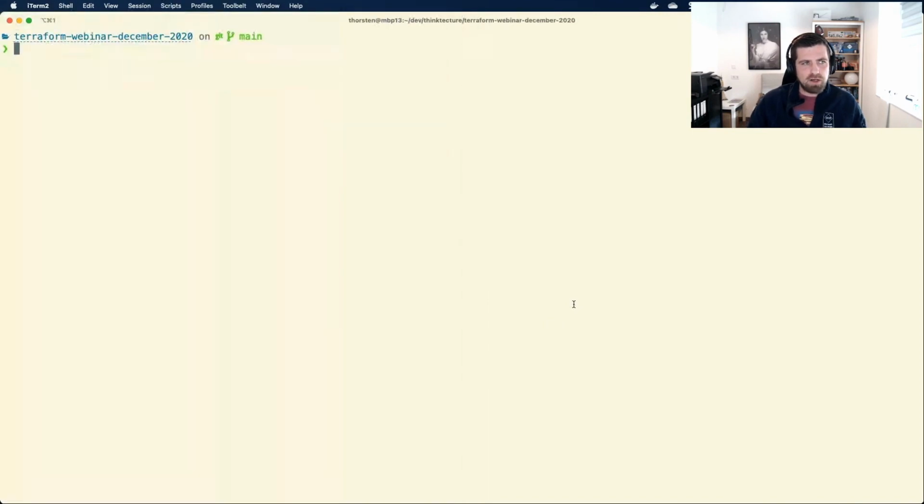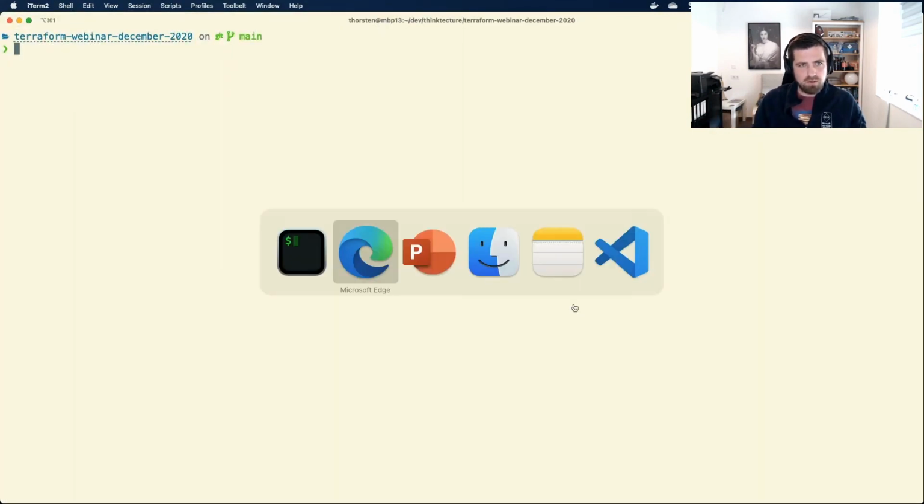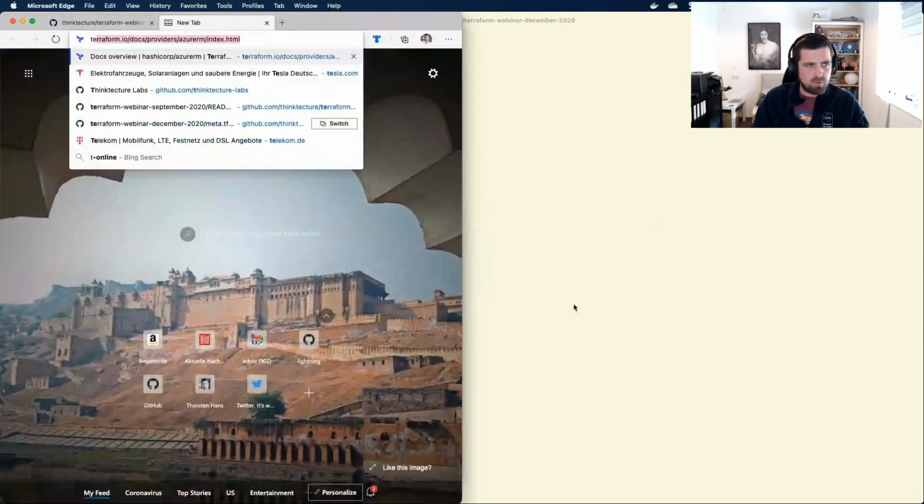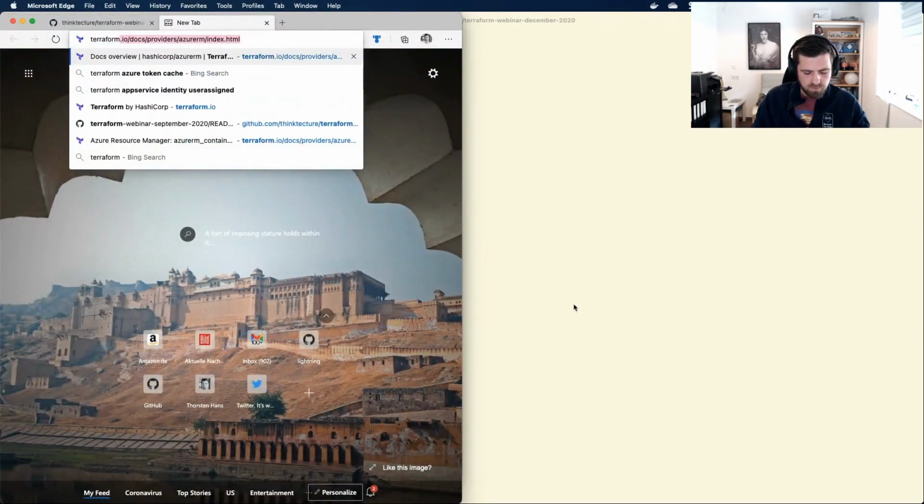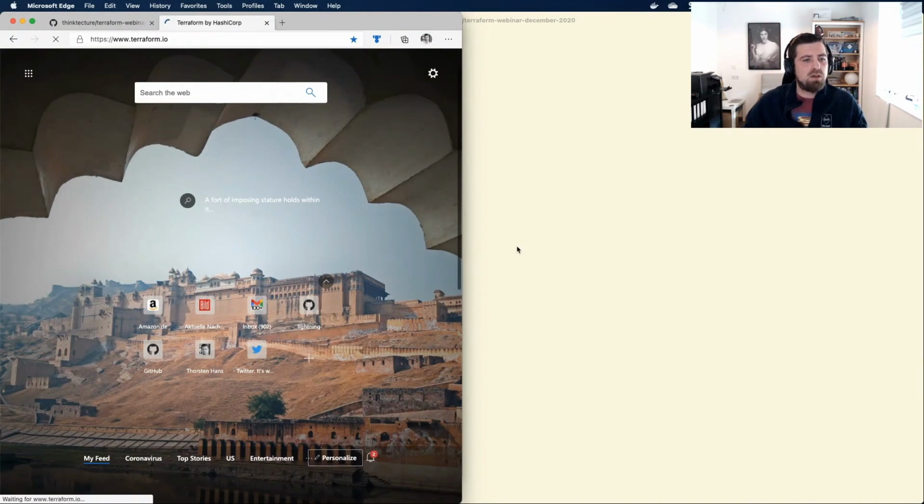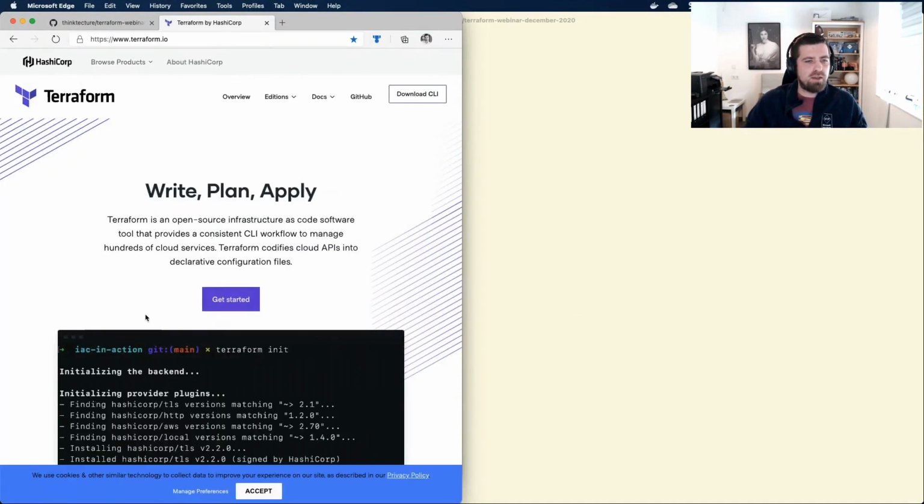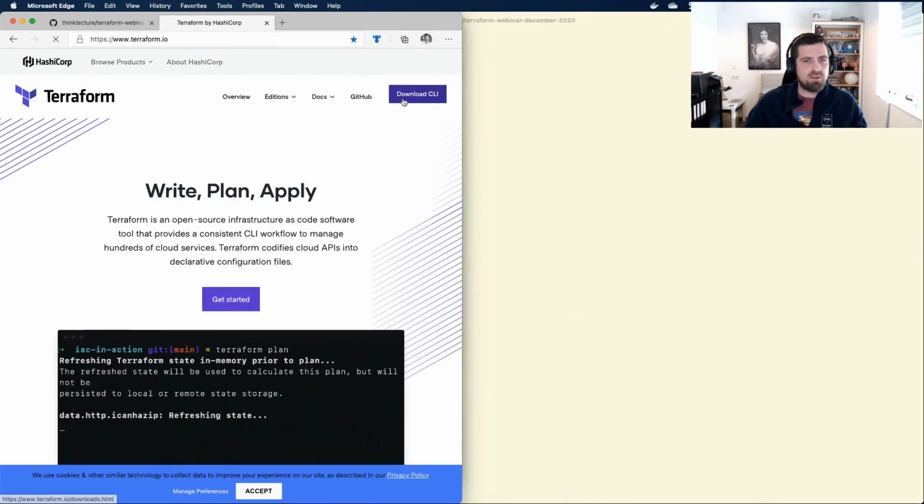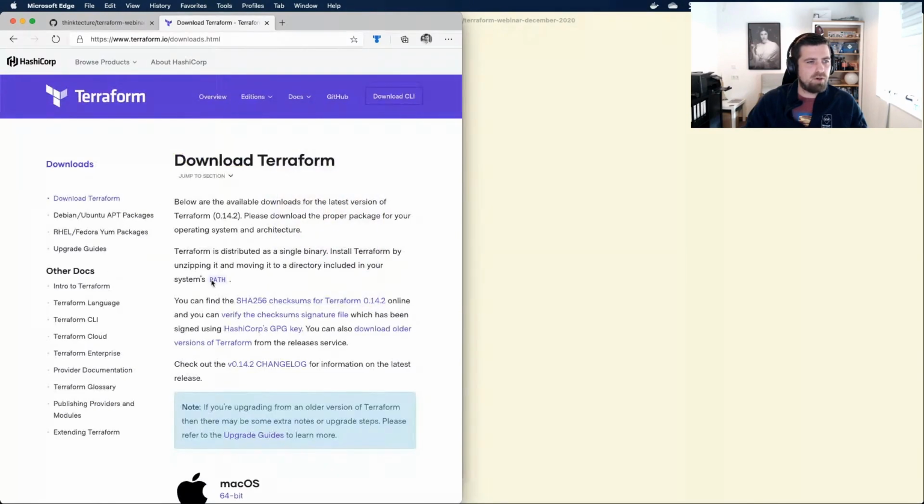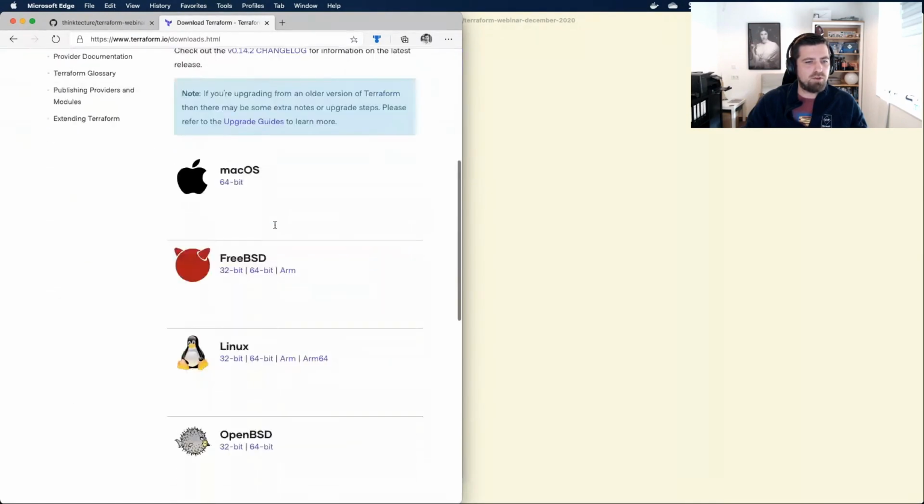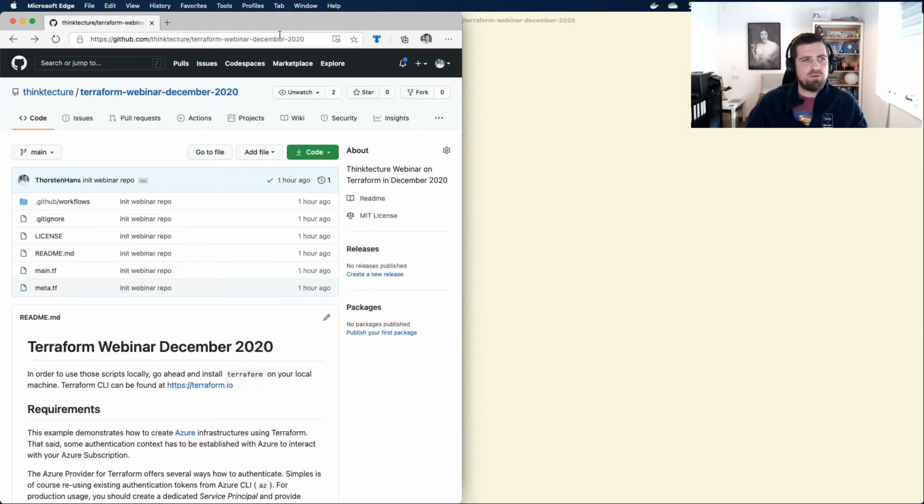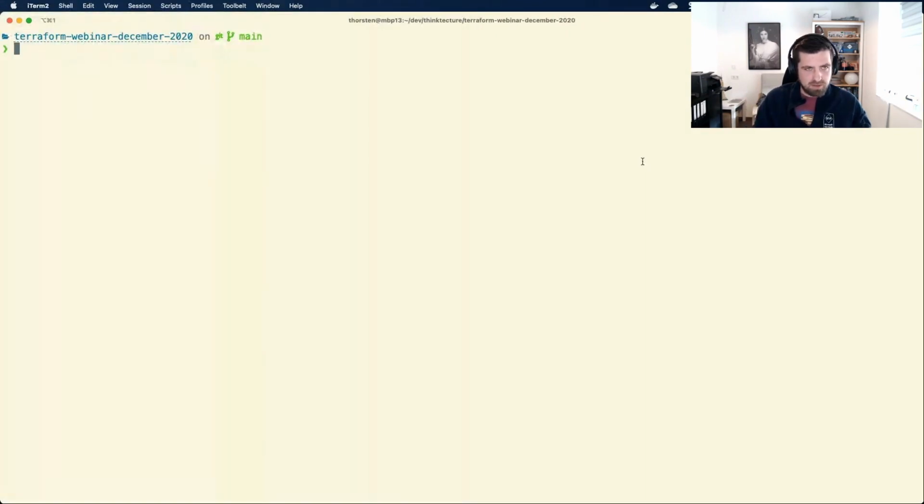I have already installed Terraform CLI, so I went to terraform.io. Let me quickly bring up the website, terraform.io. There we go, and there you can just download the CLI for the operating system of your choice. Once you have installed that, you will find a Terraform executable. So I have installed version